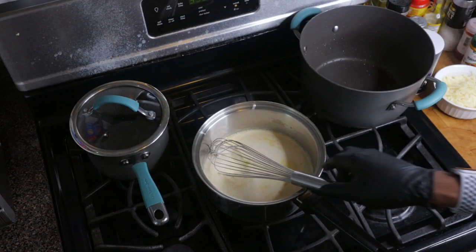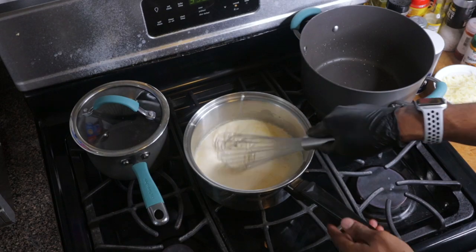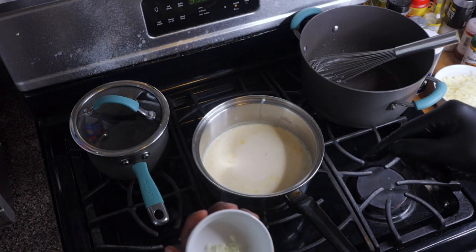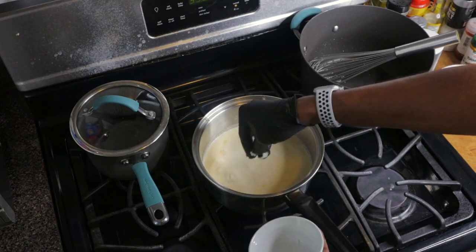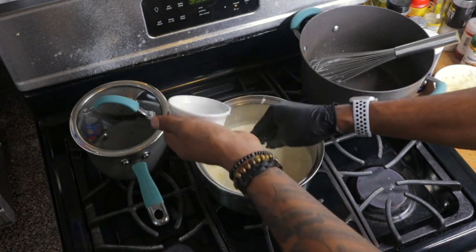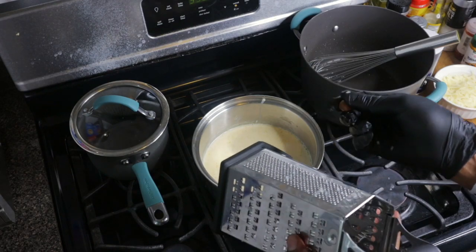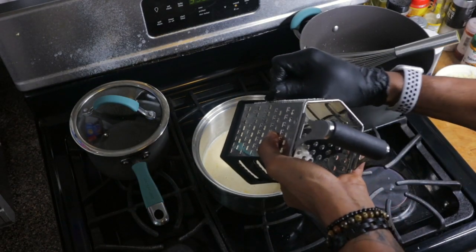Now I'm going to add my ingredients for my pasta. This is my cheese sauce that I'm making for my macaroni and cheese. I like to add onion when I'm making my cheese sauce. This is optional, you don't have to, but this is some minced onion, about 2 tablespoons. I also like to add nutmeg to my sauce. You could use about 1 teaspoon of nutmeg, but this is optional also, you don't have to,